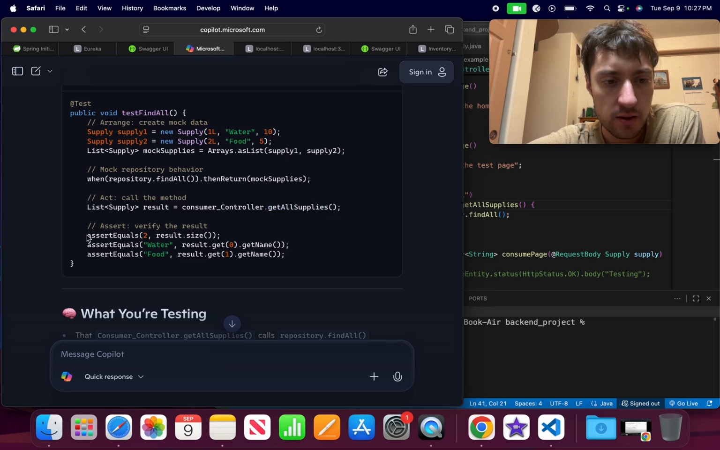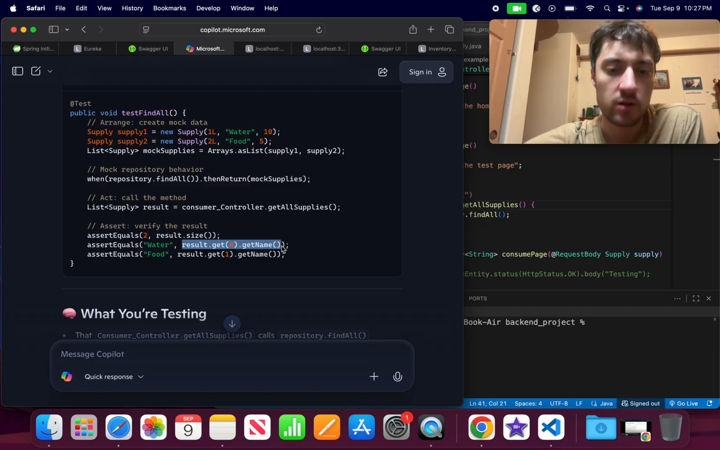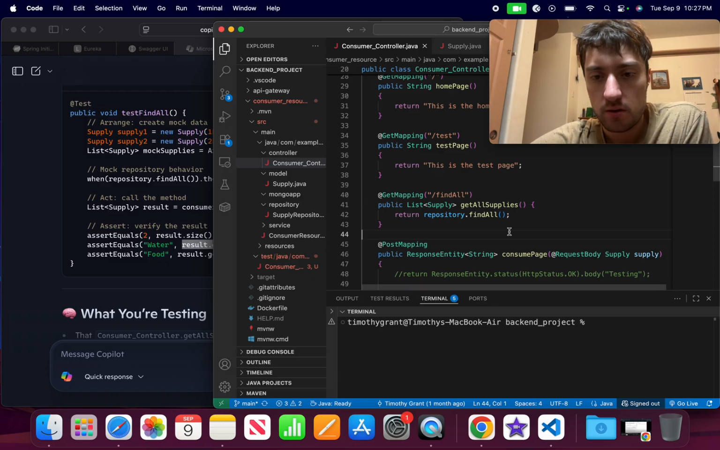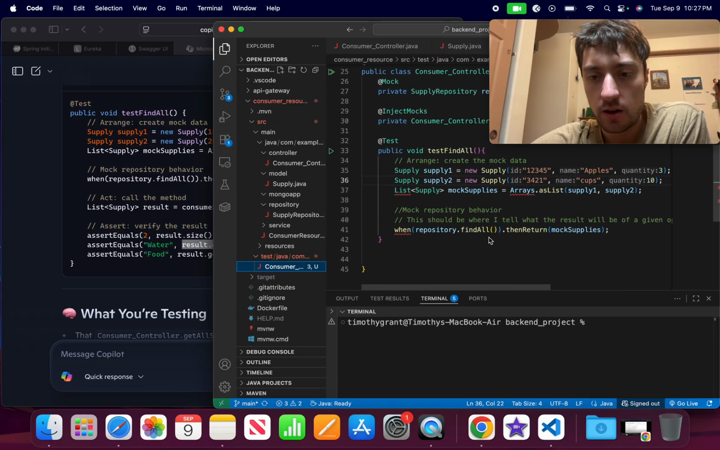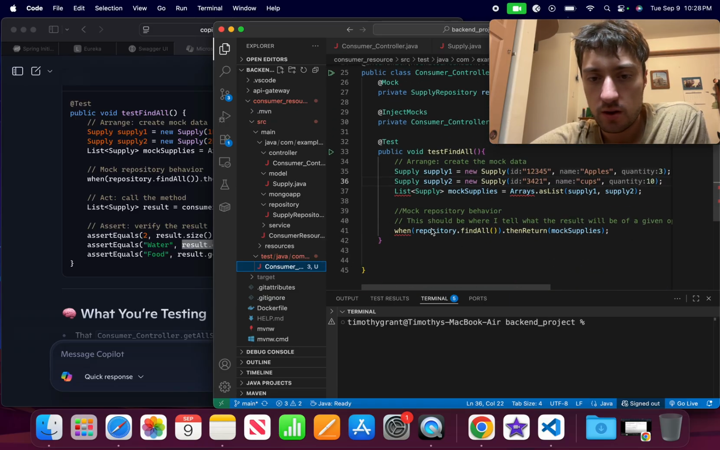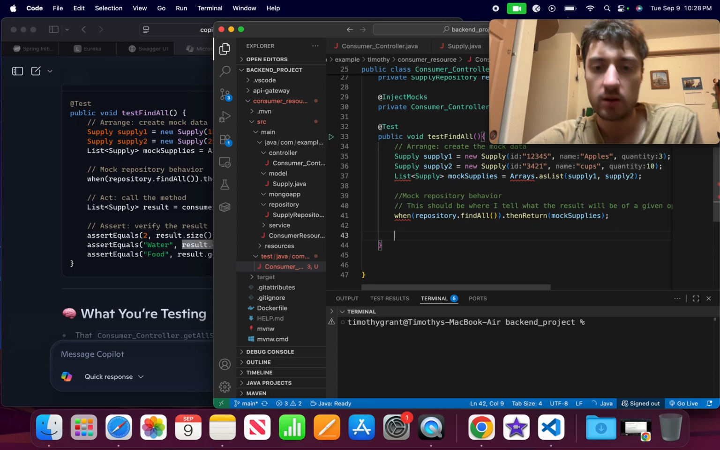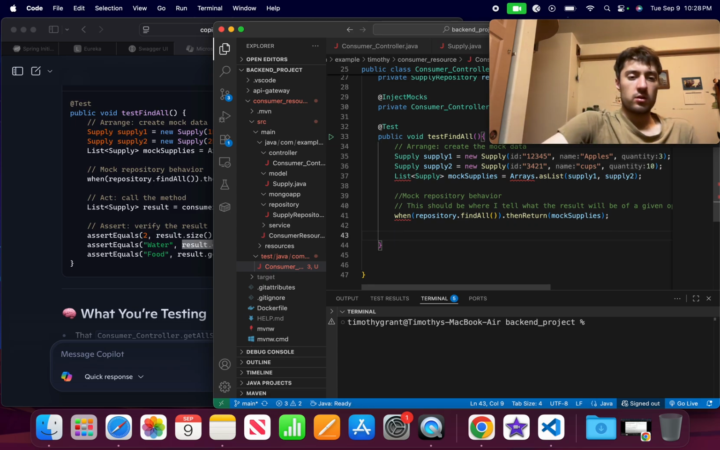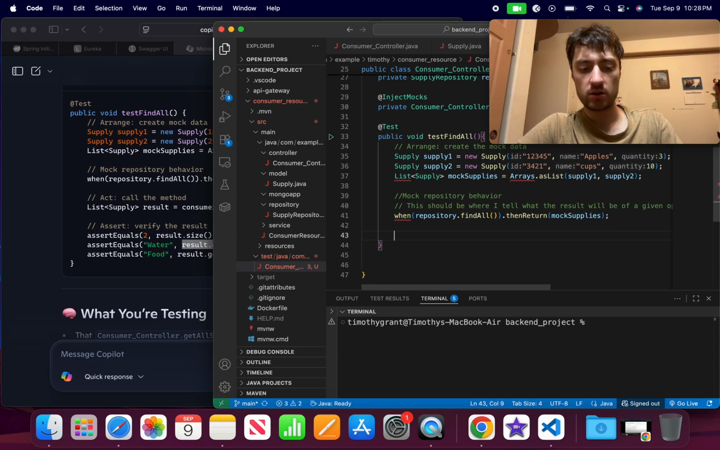And then assert 2. So the result size is 2, and water is result dot 0. So the 0th index, the first element is called water, the second one is called food. Okay. So with that, I should be able to come in here and do the, it still doesn't like something in here, but that's fine. So now we do